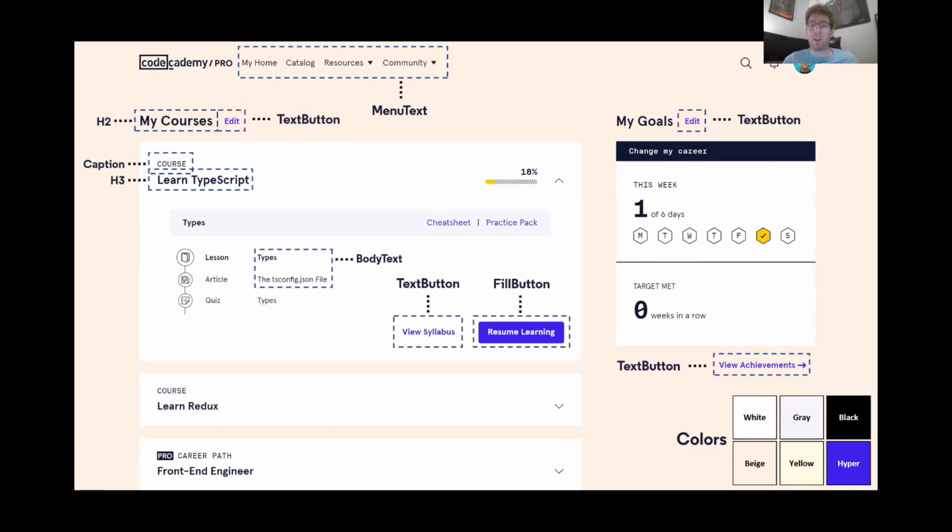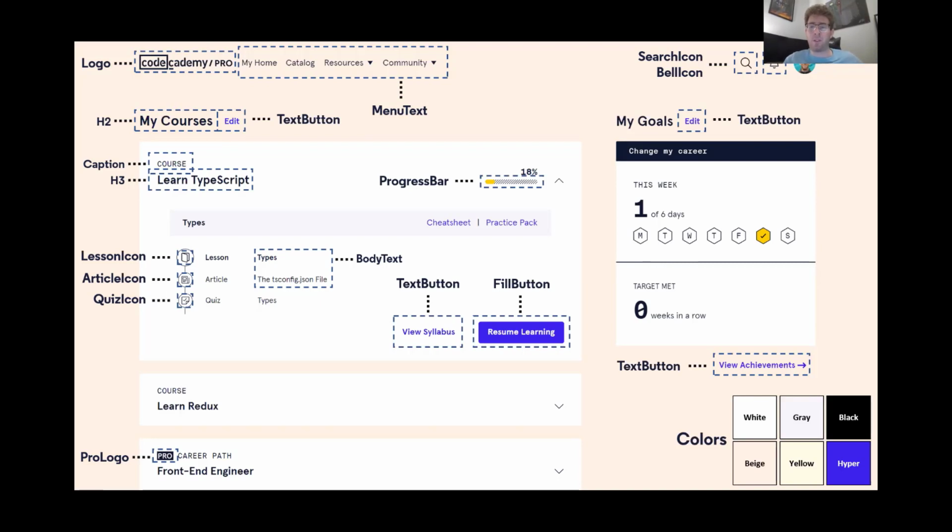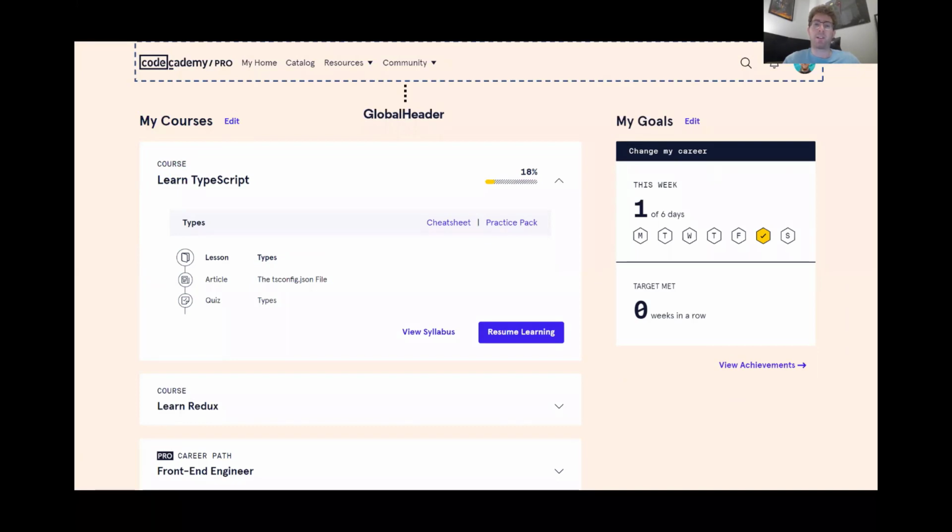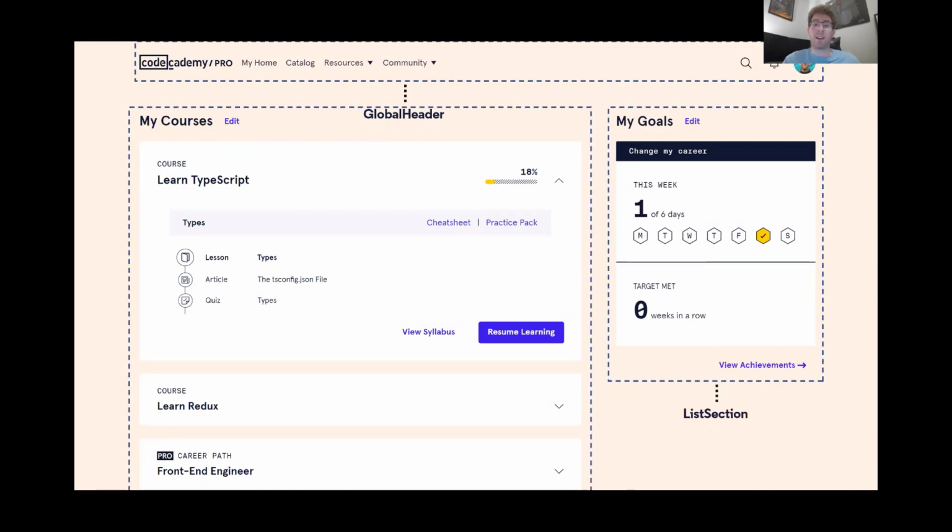The buttons are a hugely repeated thing. A little iconography and logos that are used often or repeatedly. Some more fancy or less common things like the progress bar or the hex character. These are all the low levels, the smaller components in the design system, but they might extend up to bigger things like a global header or a list section that gets repeated.